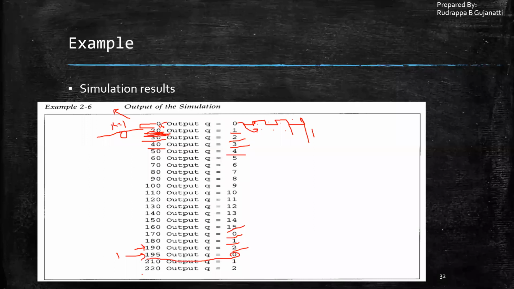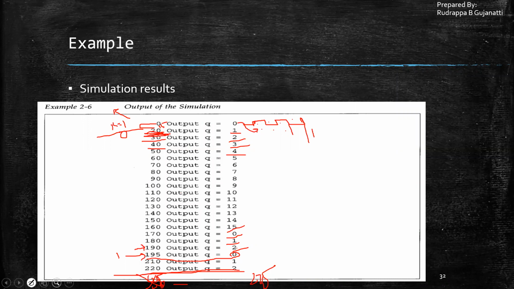And this will continue, and you can see that this is the last unit because 225 is in between. The next count change would happen at the 230th unit. I am not encountering this because I am terminating at this position itself. That is at 225, I'm terminating. During that, I don't have any count over there. That is Q is equal to 2. That is what we are doing over here.